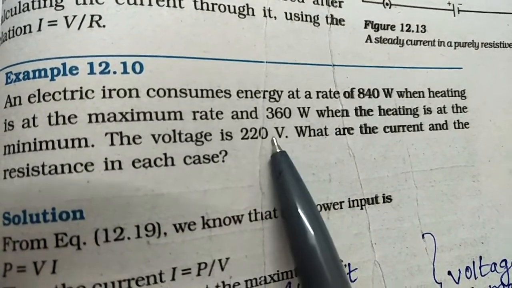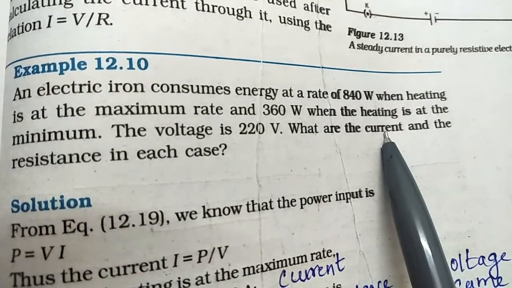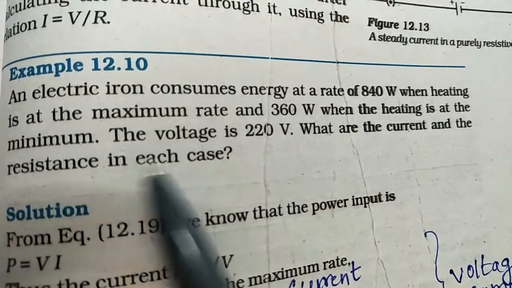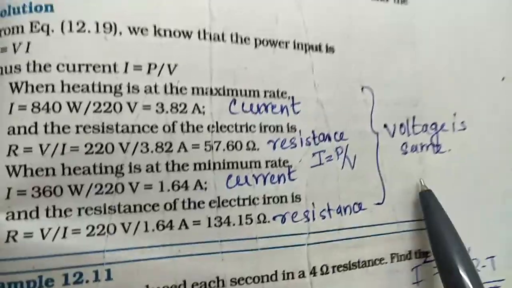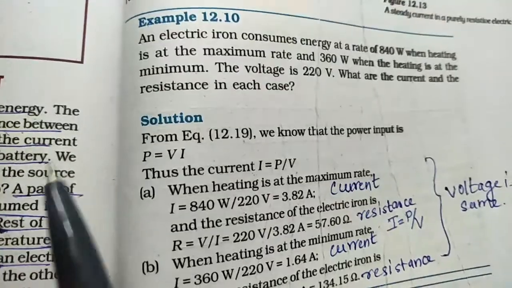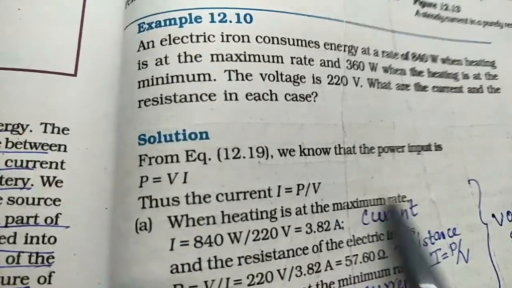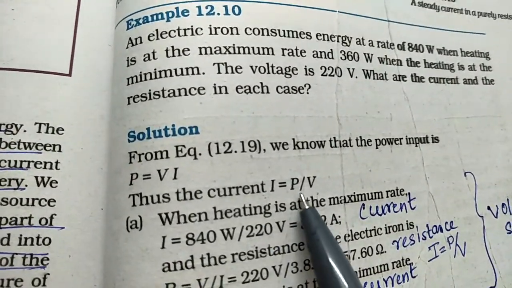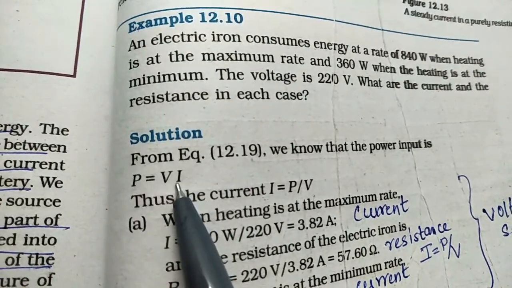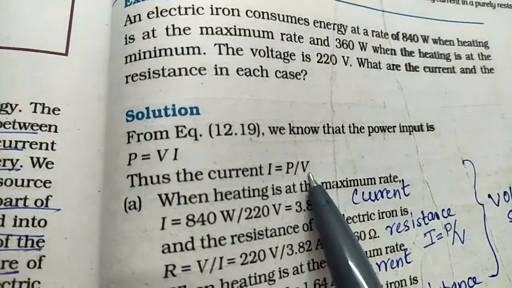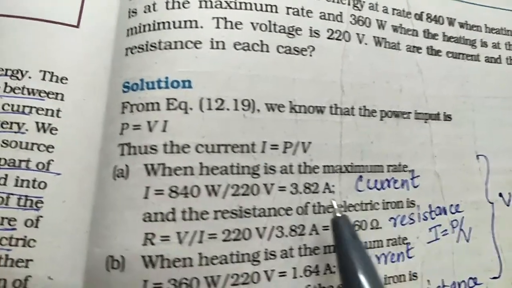The voltage is 220 volts and we have to calculate the current for both the cases and resistance for both the cases. Now here the voltage is same, so we'll go for the first case where the heating is maximum. We know that P is equal to V into I, so I will be P upon V. So 840 upon 220, you get